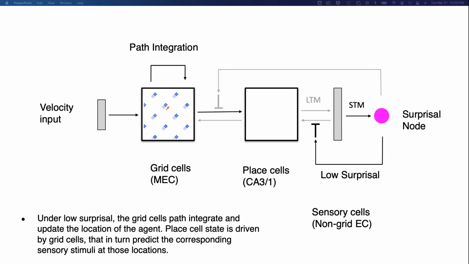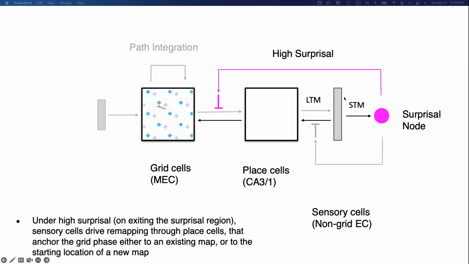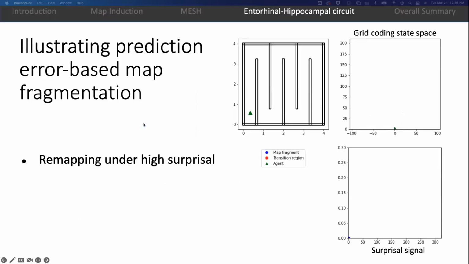Sorry, I just had it the other way around. Under low surprisal, you're doing path integration. So the grid network is integrating your location, and that's driving the place cells. And you can also reconstruct your sensory inputs along the route that you're following. But under high surprisal, you're inhibiting the connections from the grid cells. And so now, instead of a continuous movement, you have this abrupt jump in the grid coding space, because the sensory inputs cause remapping in place cells, which eventually causes remapping in grid cells. Right, so this is,